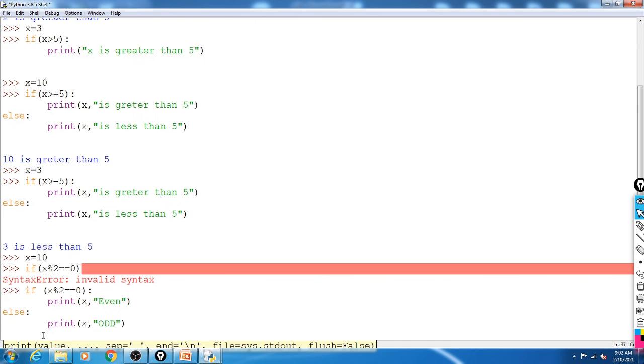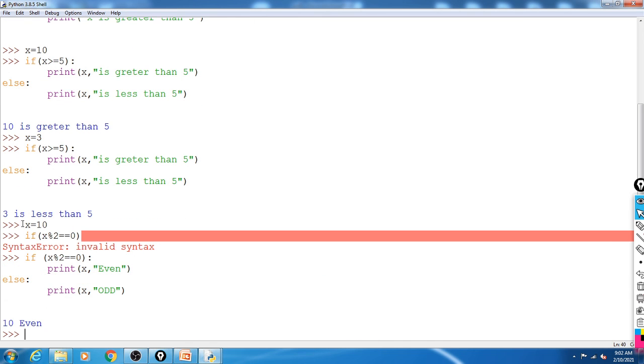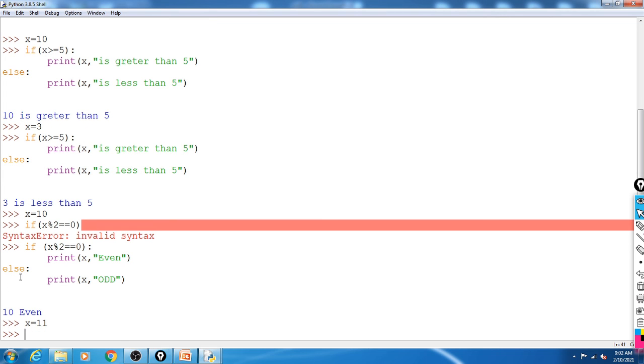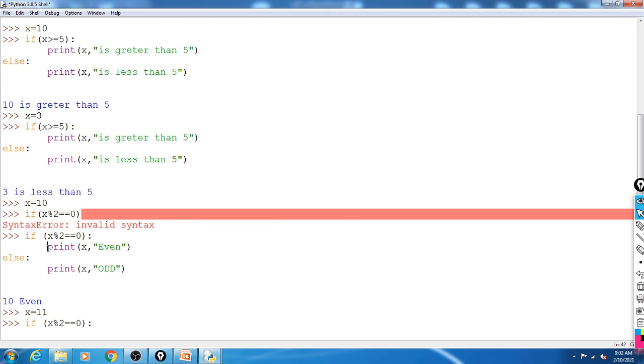Okay, so what does it give here? Number 10 is there, so if this condition remains true, it gives the output even. Okay, when we write here x is equal to 11, and suppose we want to check the same script for x is equal to 11, how can we write it? If x modulus 2 is equal to 0, print x is even.